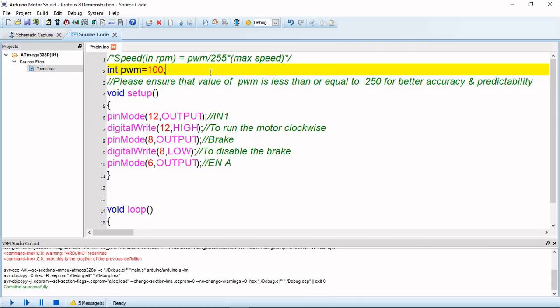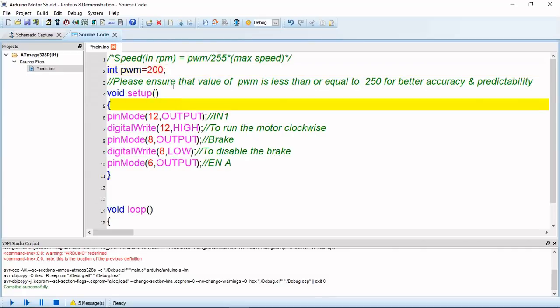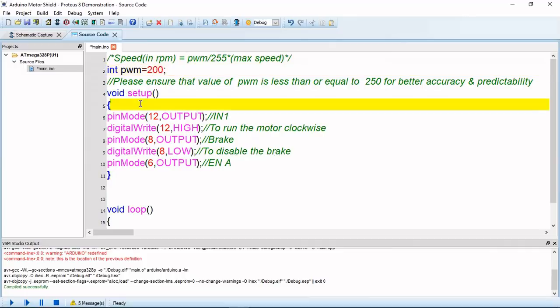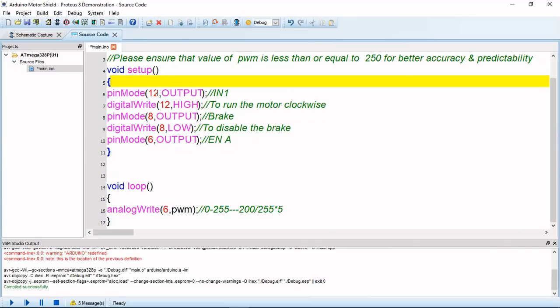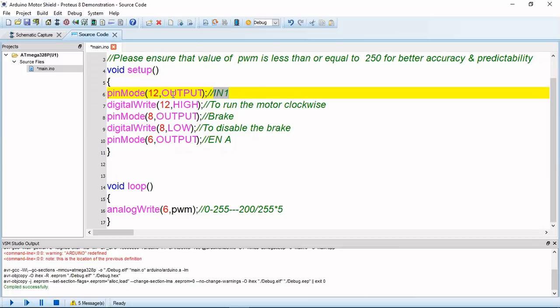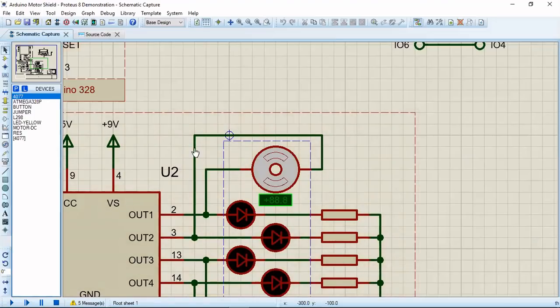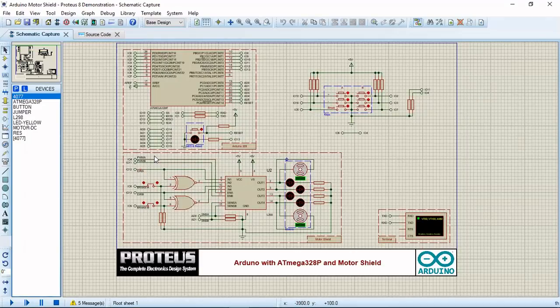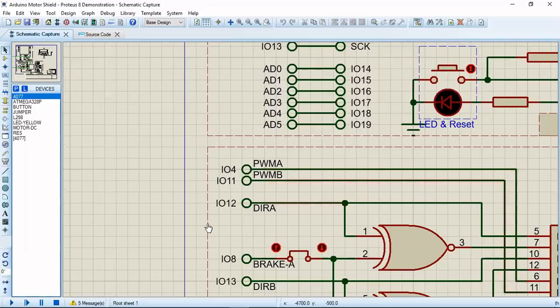Okay, so let's try to make the PWM value 200, so I am just initializing a variable PWM and assigning a value 200 to it. Now in the setup function, this 12th pin is set as output. As we have seen, this 12th pin is connected to input 1, and it will control the direction.